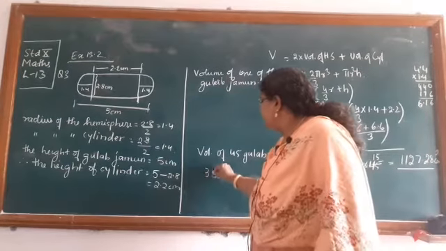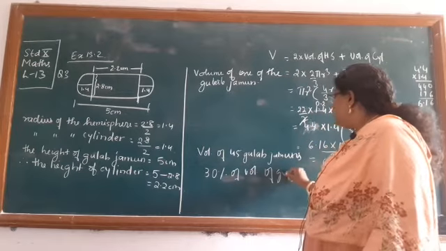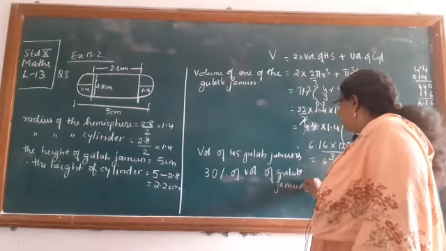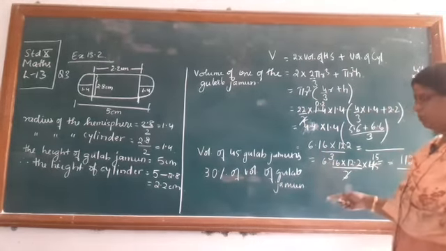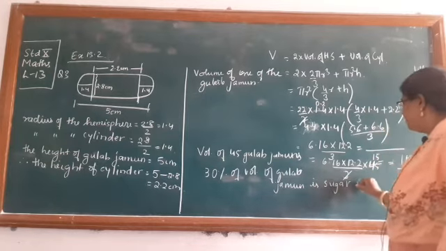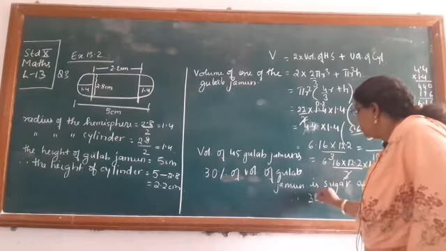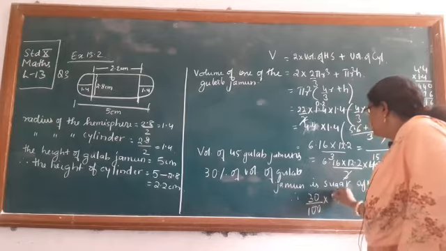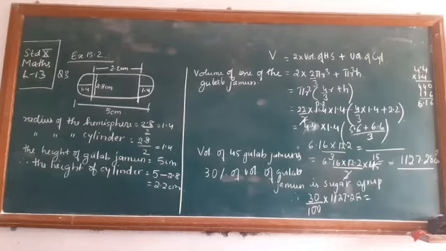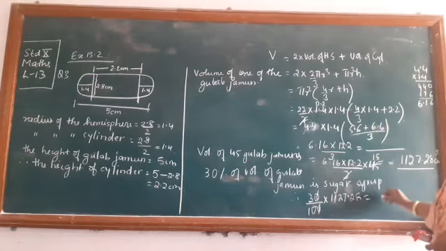What is the amount of total syrup present in these 45 gulab jamuns? So 30% of the volume of gulab jamun is sugar syrup, given to us. So 30 by 100 into 1127.28 will be equal to how much? You can find out. It will be cancelled here, and